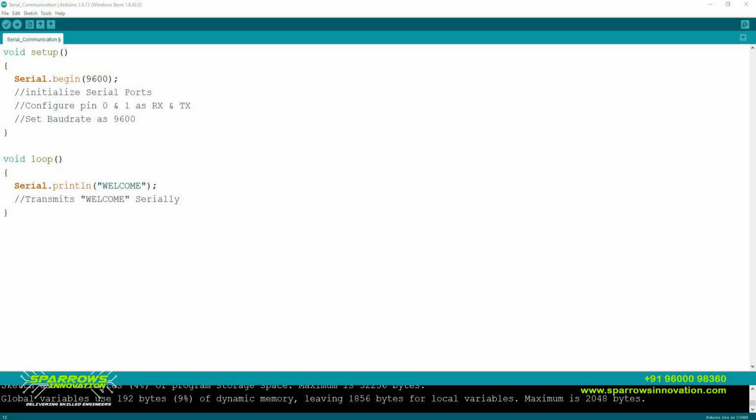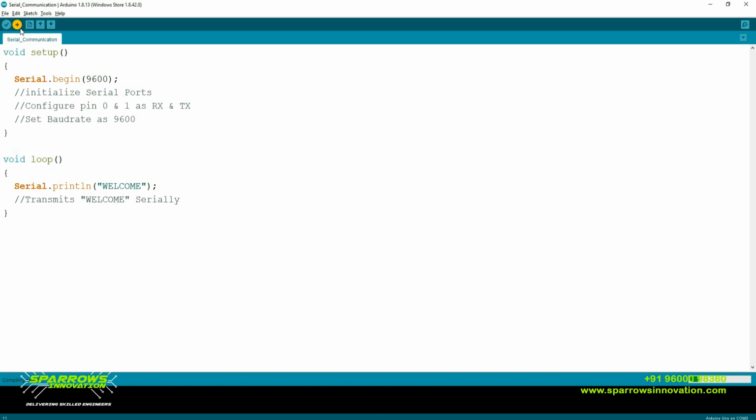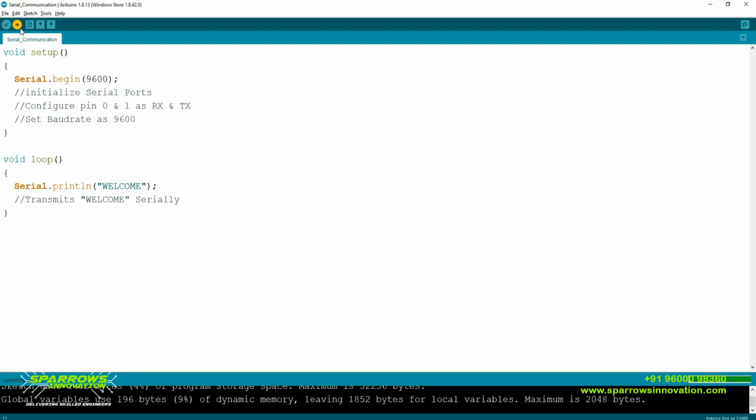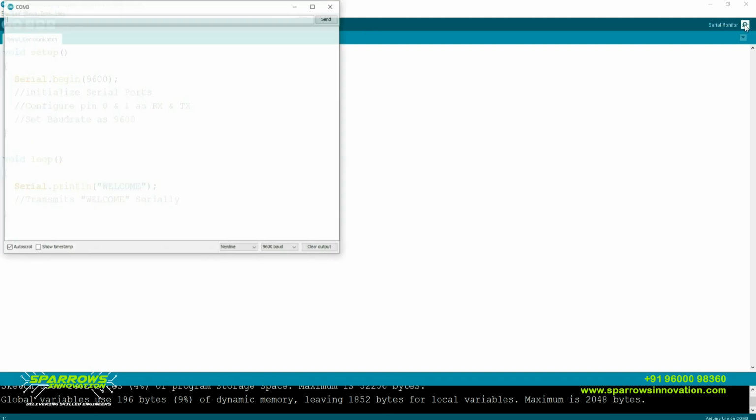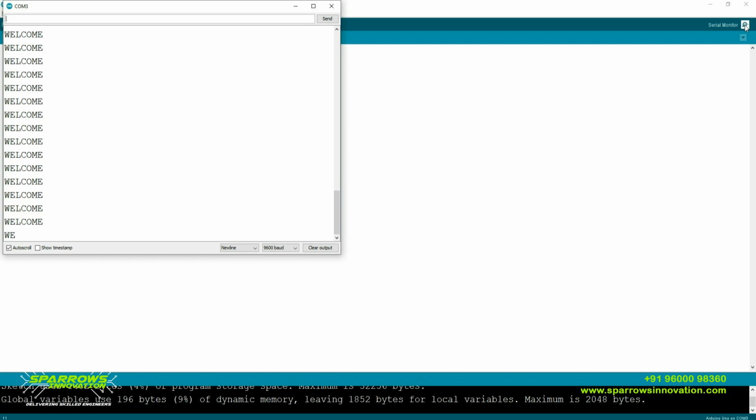You can see that practically. Here I change the program to serial.println. Now I'm going to upload the program. By clicking upload, I can upload the program. After uploading, I'm just going to open the serial monitor. You can see the difference. See, now the welcome is displayed on the next line. That means after displaying each piece of data, it will move to the new line.